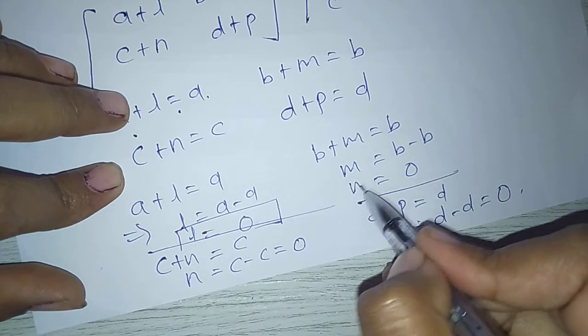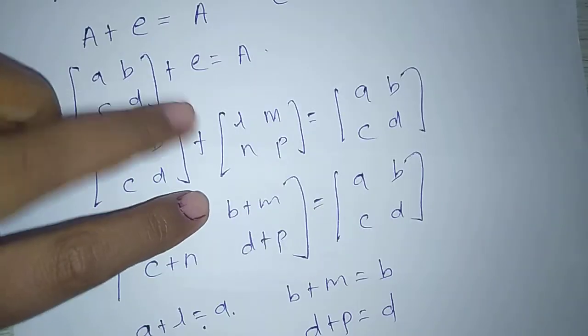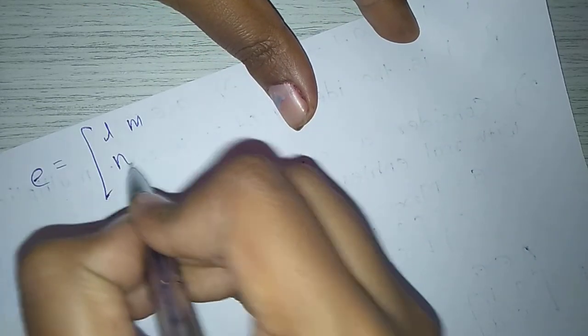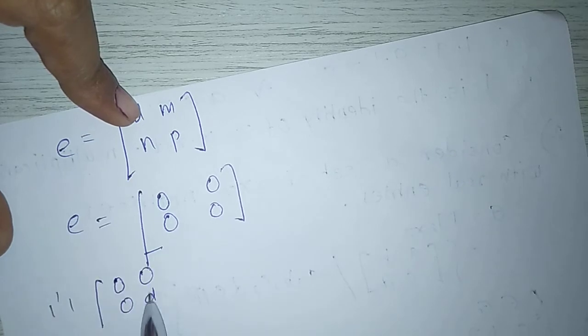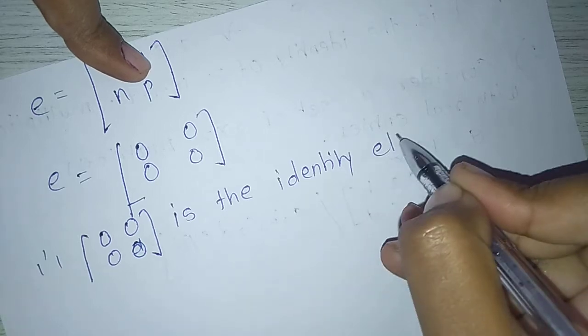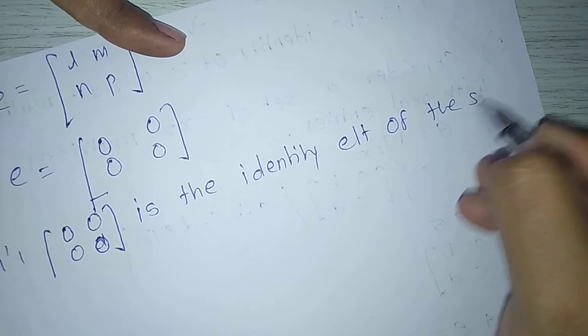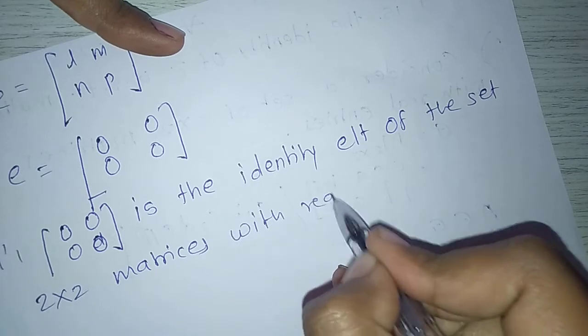Therefore we get L equal to 0, M equal to 0, N equal to 0, P equal to 0, means E is the 2 by 2 matrix with entries L, M, N, P, all zero. Therefore the zero matrix [0, 0, 0, 0] is the identity element of the set of 2 by 2 matrices with real entries